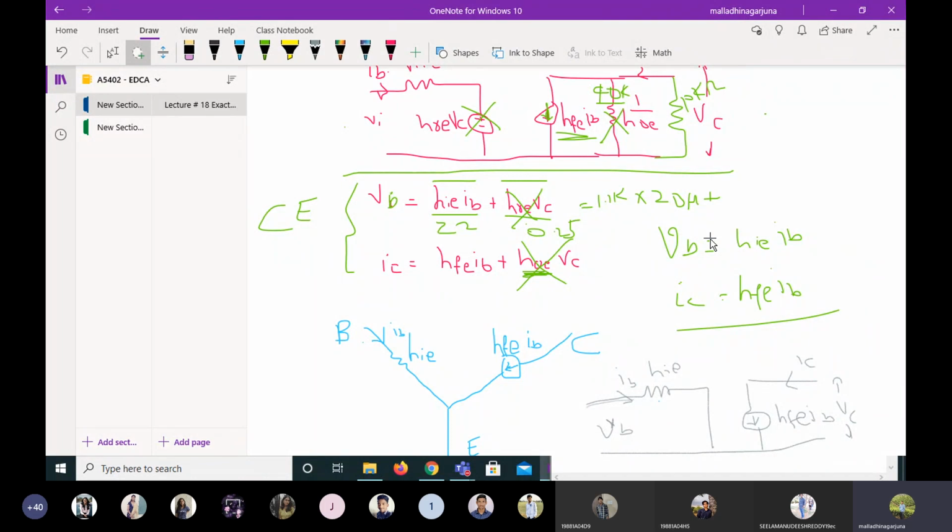Okay, and one more thing. Suppose in the question you have a numerical problem on a CE amplifier, for the circuit shown in the figure, and some resistor and h parameter model values are given. If they ask us to calculate the current gain, voltage gain, and input impedance, but it is not mentioned whether it is the exact model or the simplified model, how do we decide whether we need to go with the exact model or the approximate model?